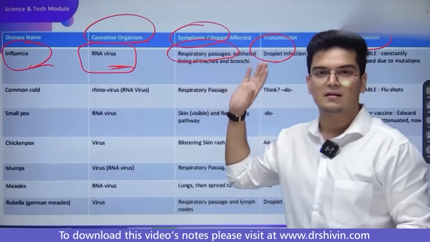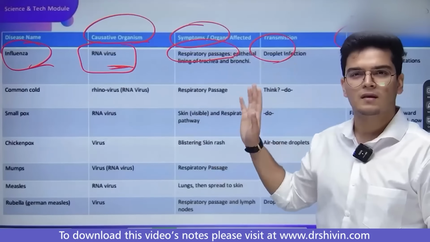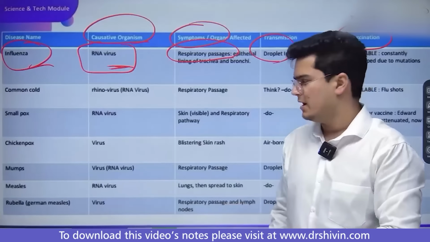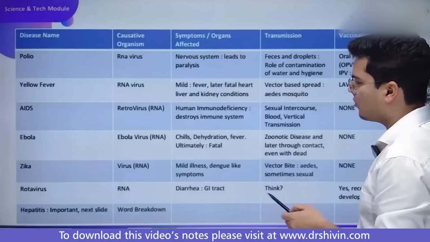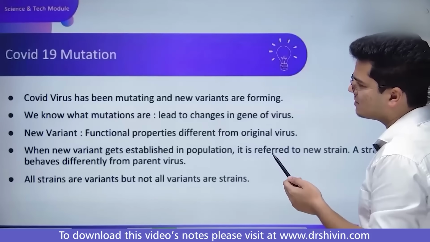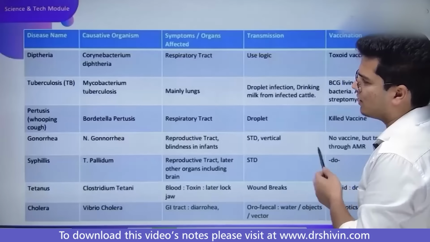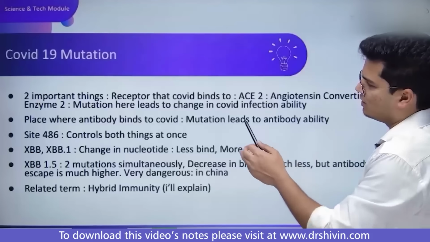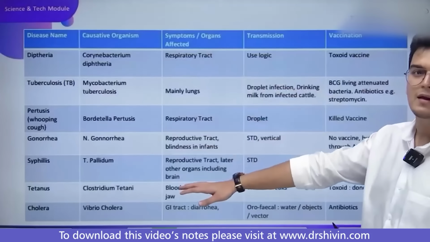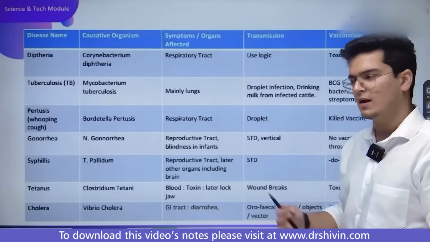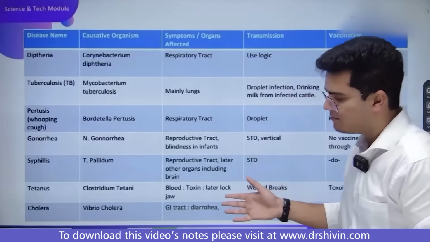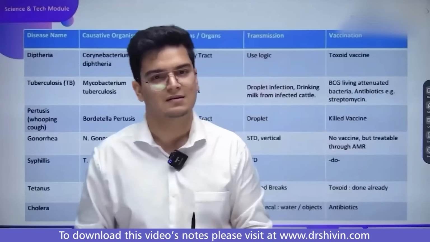So this table is there, right? I have taken this from a book. Okay, I would just request that you read this once. एक बड़ा सा टेबल है, आपको लग रहा होगा these are too many diseases. एक बार आप पढ़ो, एक बार मैं आपके साथ पढ़ता हूँ। Just read these diseases once. Okay, don't read these slides if you don't want to. ये COVID-19 म्यूटेशन ये सब मैं बता दूंगा, बट ये जो टेबल है, you read this so that next time tomorrow we can get through this quickly, right? यही है mainly health में we have to remember these diseases. जो अदर मेन कंसेप्ट वैक्सीनेशन था वो हम पढ़ चुके हैं।